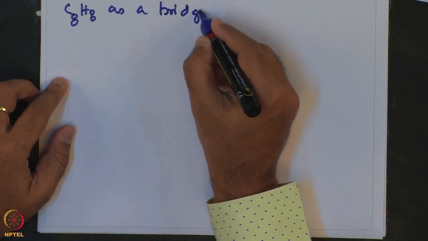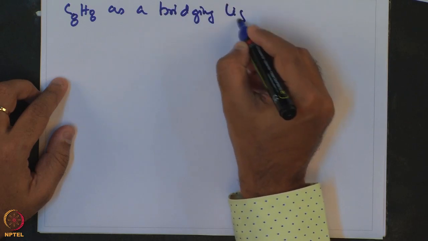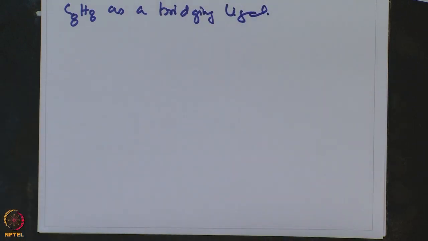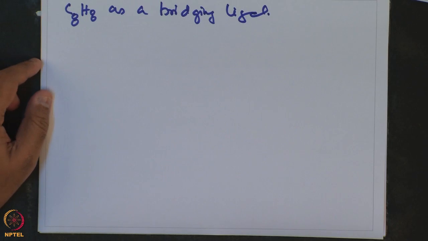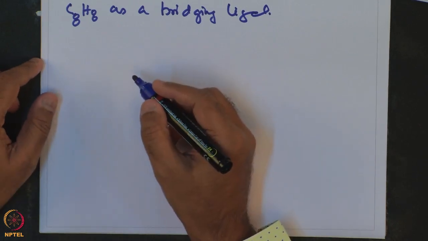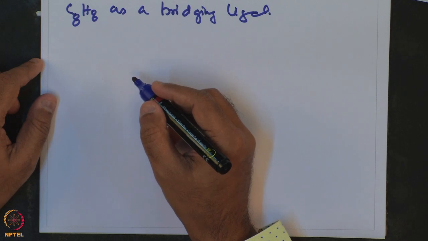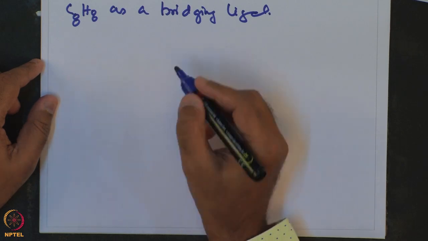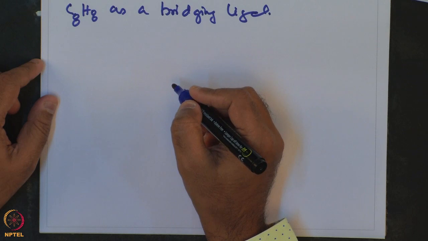Now, these bridging ligands are commonly observed, or the example that we are going to be talking about is observed, for the bis C8H8 complex of chromium and tungsten. So, before I go and talk about the structure of these two bis C8H8 complexes of chromium and tungsten, which